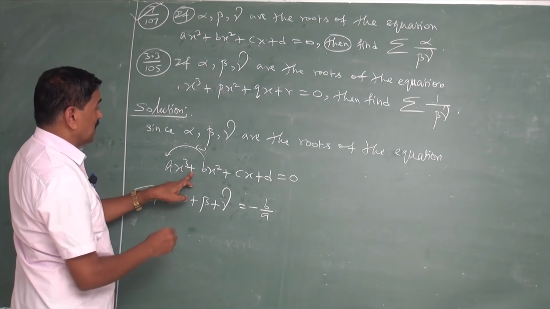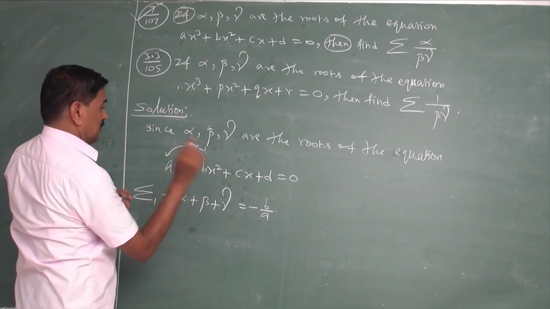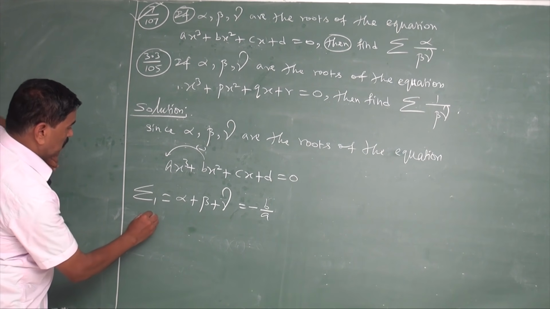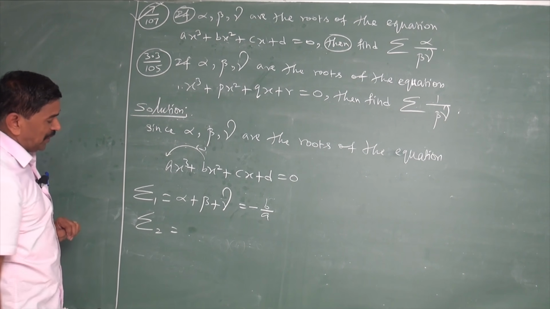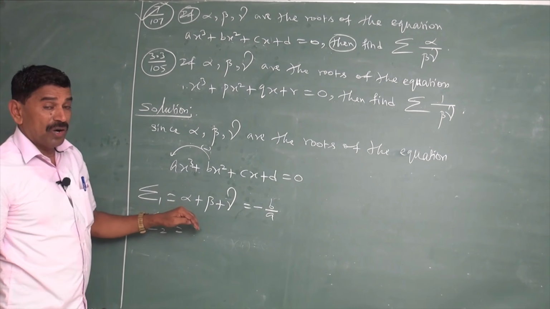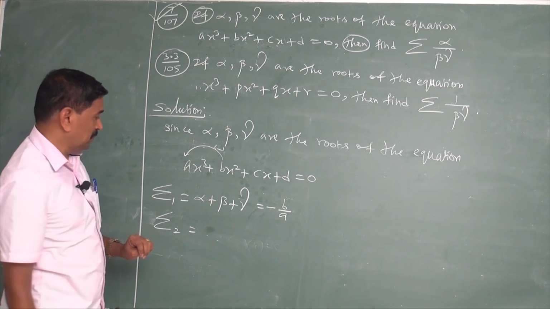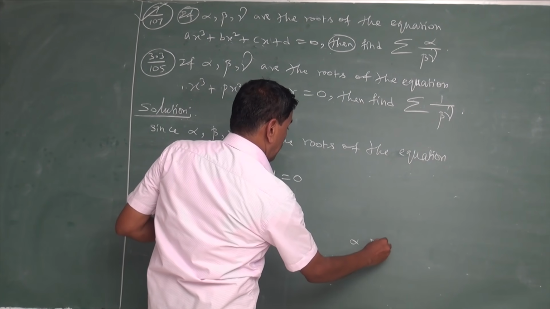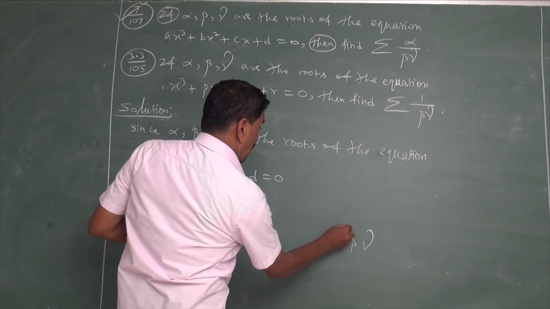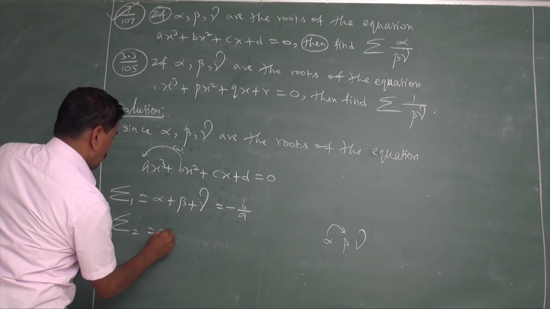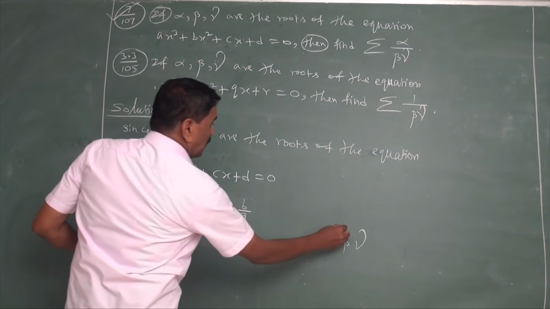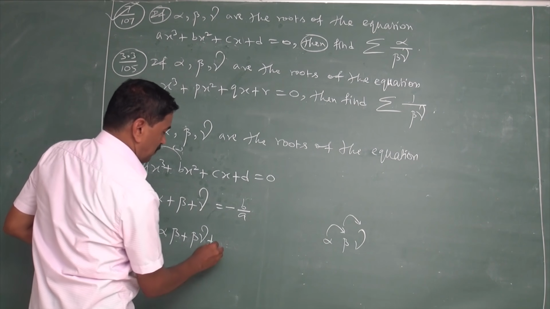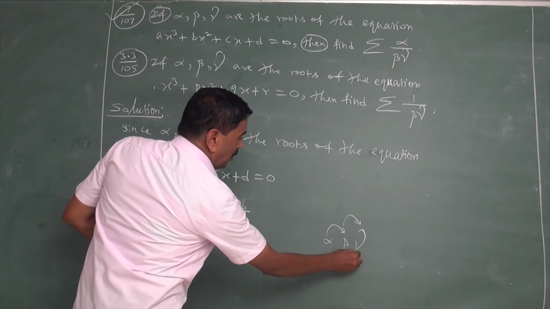Minus into minus becomes a plus, so minus b by a. That was sigma 1. Now listen, sigma 2. Sigma 2 means the sum of the products of the roots taken two at a time. For this, let us consider the rough work: alpha beta plus beta gamma plus gamma alpha,